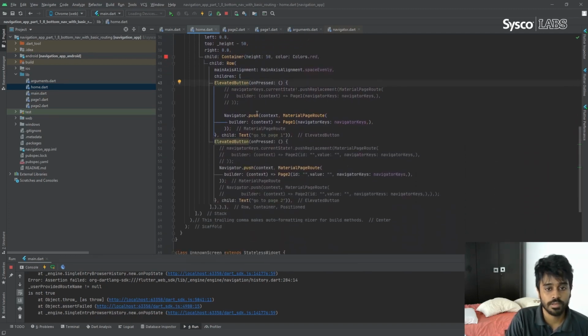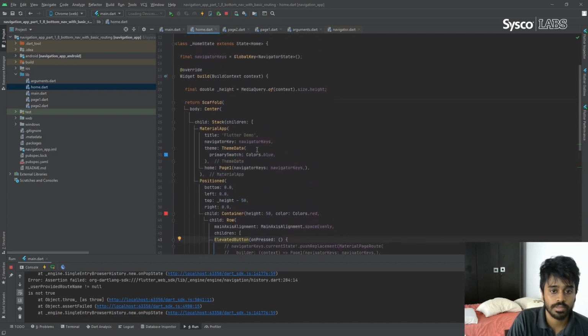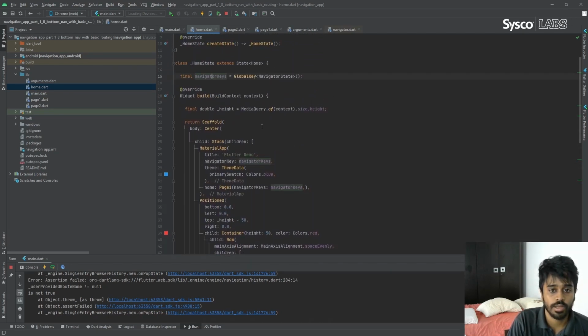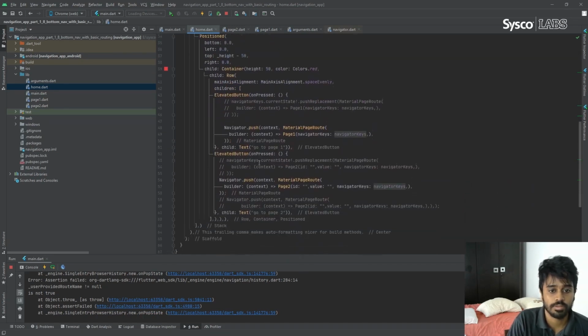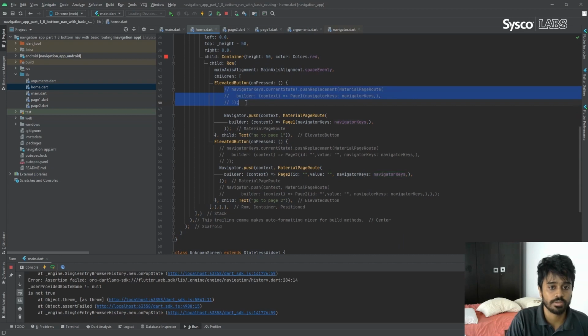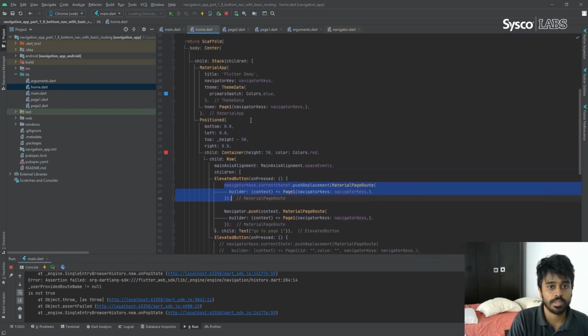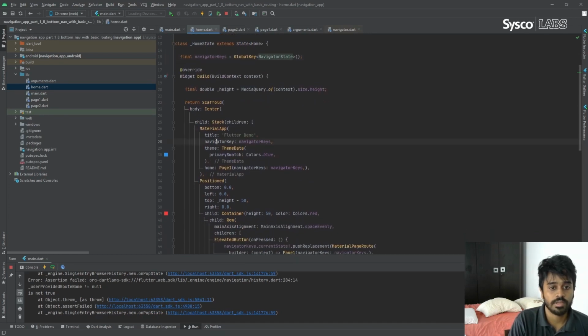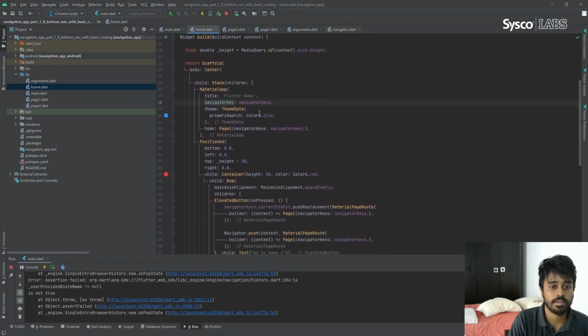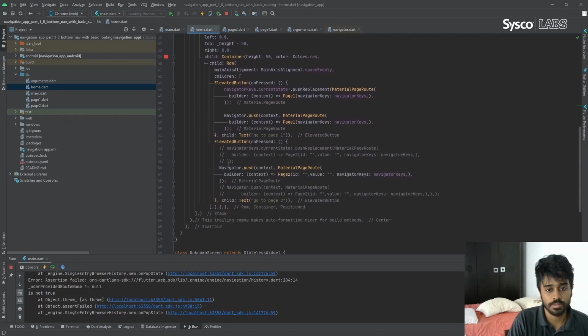Because of that, you need to pass a navigator key here so that you can access this navigator later in the code. That's what I have done here using the navigator keys. I have created a global key and passed it as the navigator key so that I can access the inner navigator to navigate to these pages.